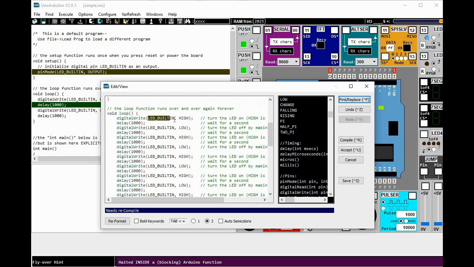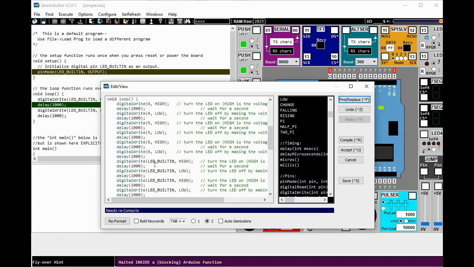So we're just going to change this again with 4 so that it will toggle from being on and off.